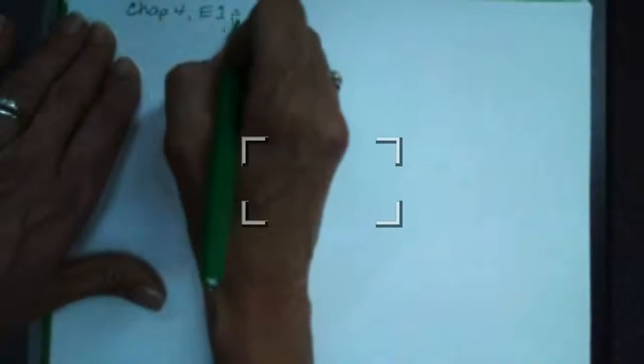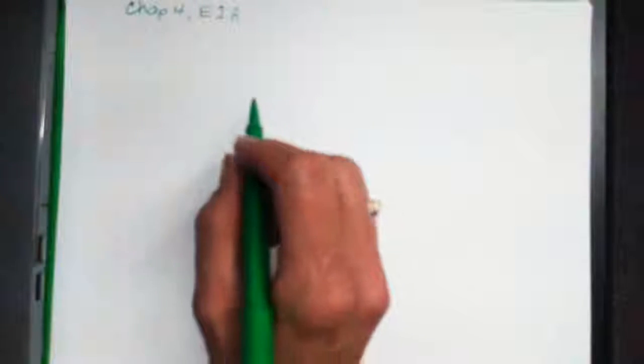Hi class. In this problem we are going to work Chapter 4, E1A. Now if you'll look at your book, Chapter 4 E1A, all the income statement information is given to you